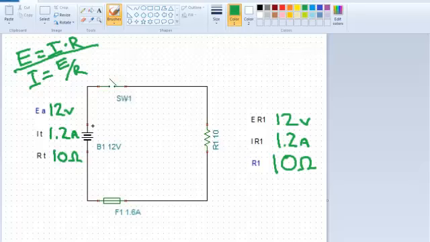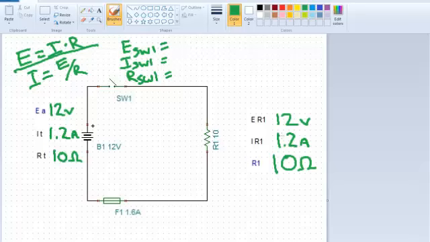We could do some quick calculations for the switch and the fuse as well. If I wanted to find the voltage of switch 1, and the current through switch 1, and the resistance of switch 1, I could do them as our circuit is operating. So when the switch is closed, the voltage that I should see there, and the current going through there, and the resistance. I know that the current going through the switch is going to be the same as everywhere